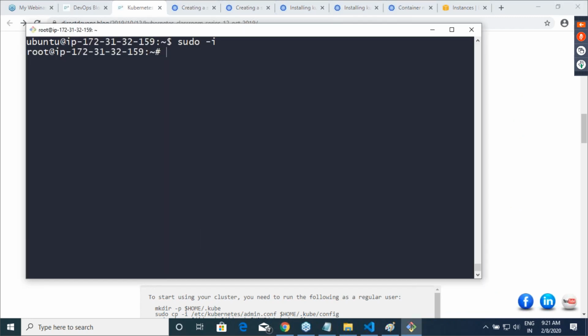So, kubeadm init. But remember, if you are using a different kind of network, then you might write --pod-network-cidr and all of that, if you want to use Flannel. Right now I said that I'm not going to use Flannel, I'm going to use Weave Net. That's the only thing.